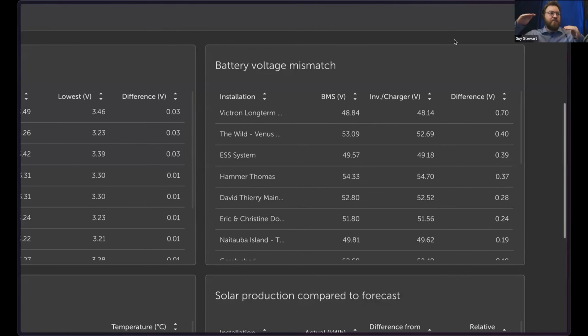If you see that divergence in battery voltage between your different components inside your system, specifically between the BMS and the inverter charger, which are the two main ones we've selected for, then that can be a clue that there's some fault in the system, not necessarily a fault in the products themselves, but maybe in the DC system, and something needs to happen. The reason this is here is because these issues can often hobble along. A customer system, especially if it's grid connected, can just get all these weird error messages and vague problems, but it's actually very clear what the problem is, and you assume the inverter's broken or something like that. It's a way to give a clue to those, even potentially before the customer notices it.